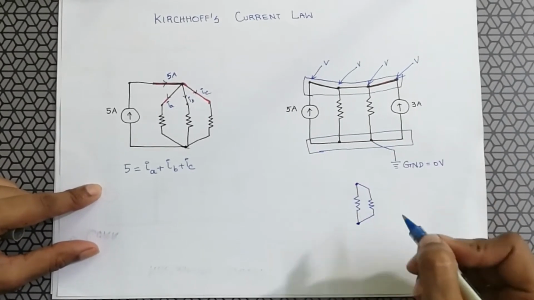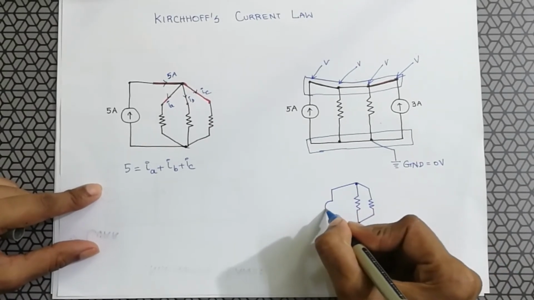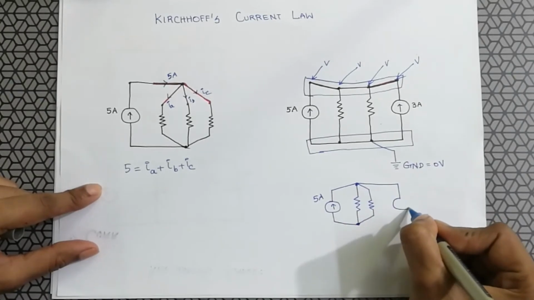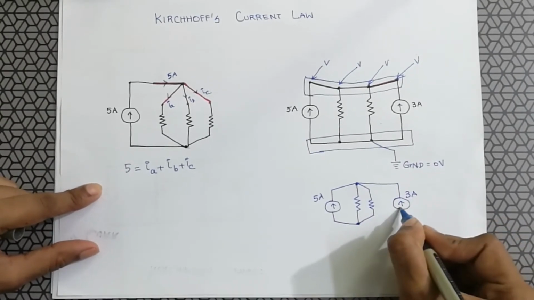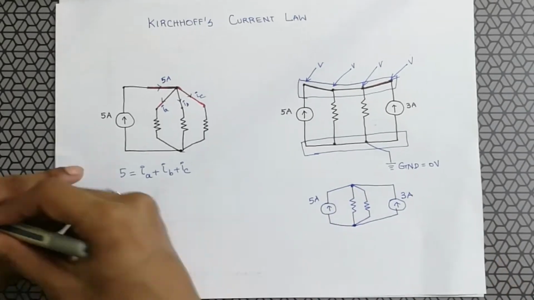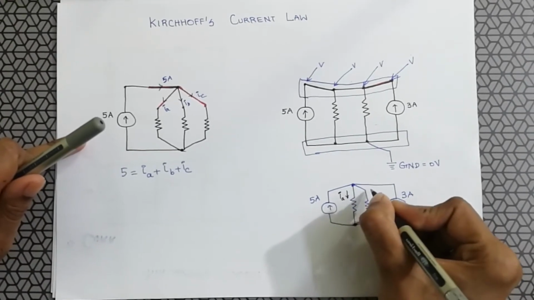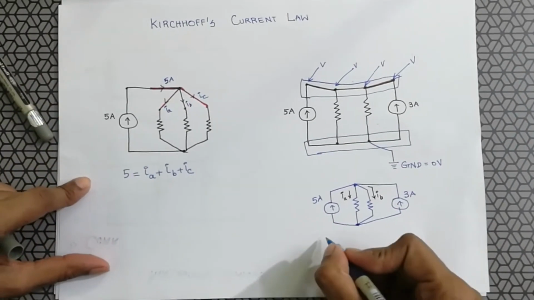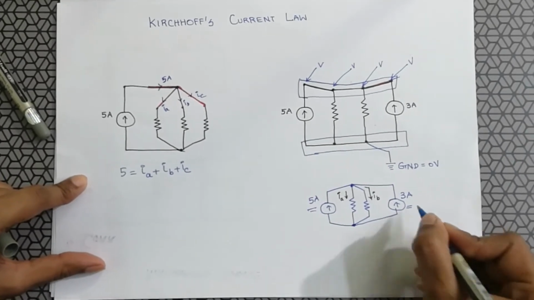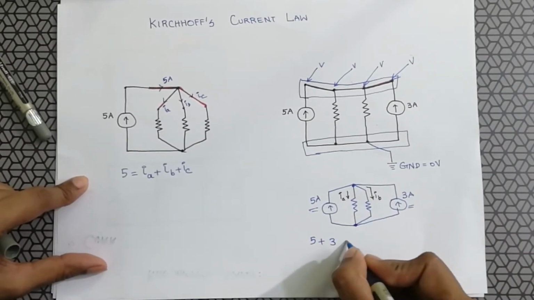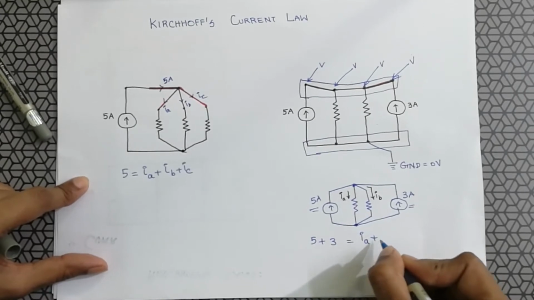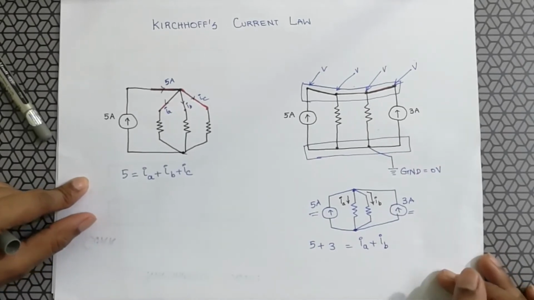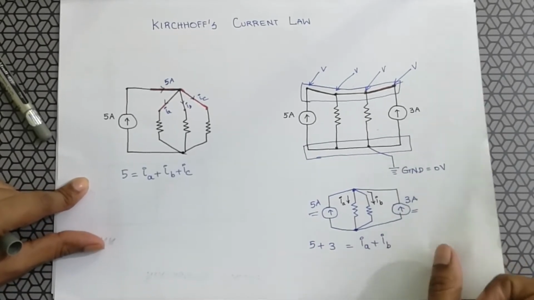These are these two resistors. We have a current that is incoming of 5 ampere and another current of 3 ampere. So we have two currents that are incoming. I am calling this IA and this IB. So the currents IA and IB are being absorbed by the resistors. The total incoming current is 5 ampere plus 3 ampere, which is IA plus IB. This is Kirchhoff's current law. Using this method, we will solve some small problems to test our understanding.